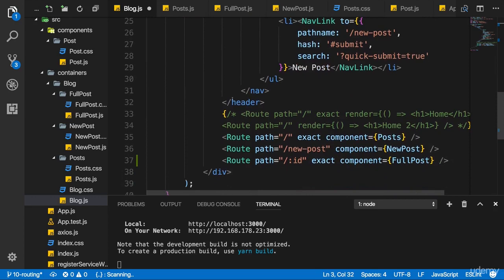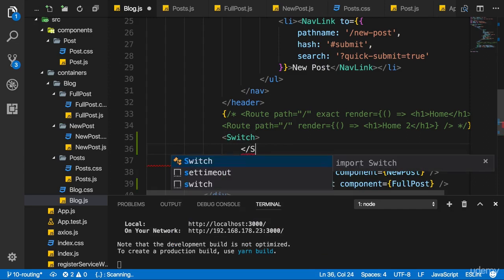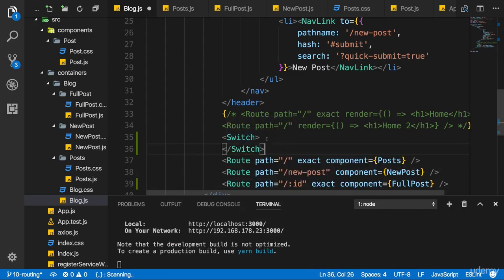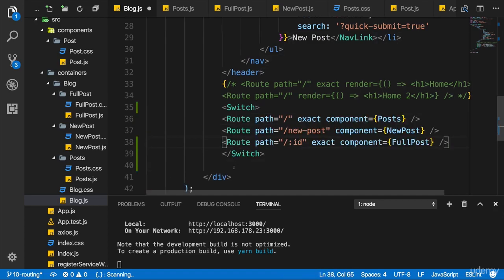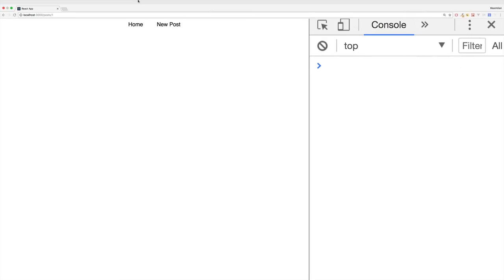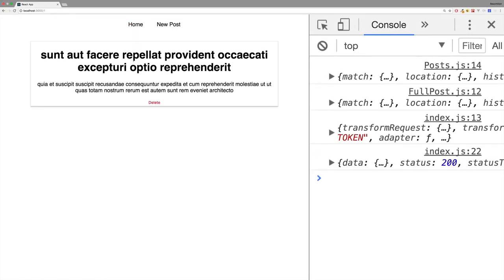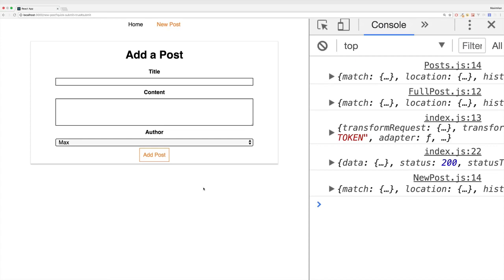Switch tells the React Router, hey, please only load one of the routes, the first one actually you find that matches, from a given set of routes. So now we can wrap our three routes with switch, and the first route that matches a given path will be loaded, and thereafter it will just stop analyzing the routes. It won't render any other route. With this in place, now you will see that if I go back to home and click on a single post, we load that post. If I click on new post, we only load that form and no longer see that single post.